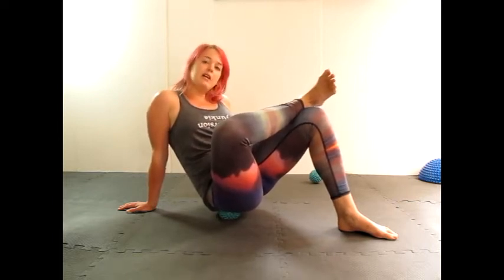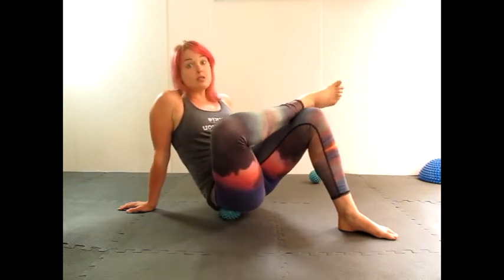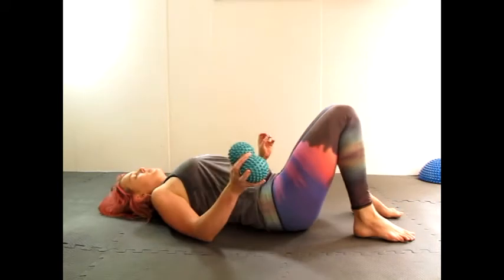If anyone's working with any lower back issues, just making sure that you can keep your lower back in a position that's going to be comfortable for you here, because sometimes it does end up a little bit rounded. There's also another way you can work the glutes with two balls. I'm going to stay with these ones, but this is also quite a good one to do with the small balls with no spikes. Come to lying down,